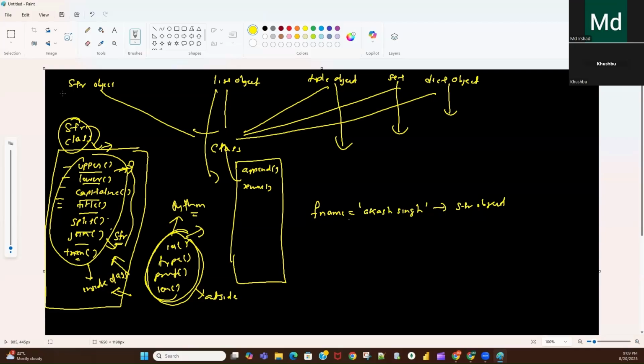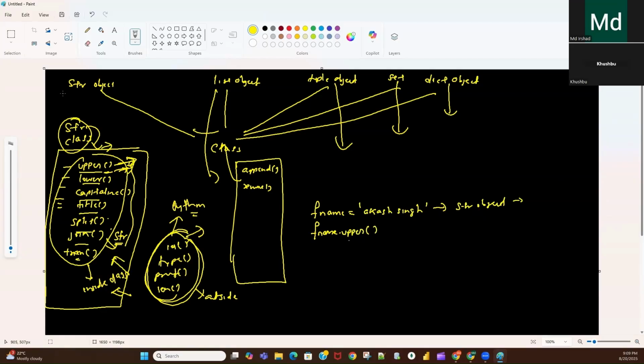Let's say you define a string object, and I want to use the upper function. This upper function is available inside the string class, so to call it I need to use this string object. I will write a dot and then the upper function.